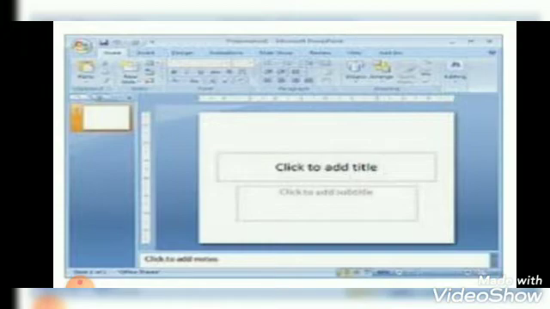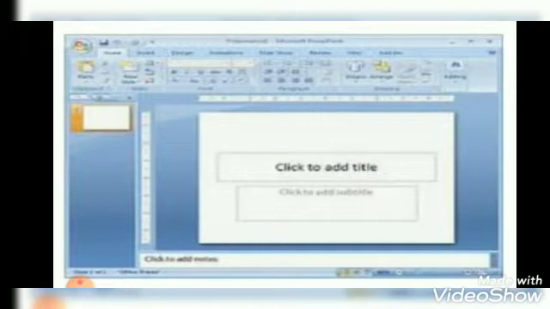PowerPoint is a powerful communication tool used to present our views and ideas, and it also has visual aids. It is widely used in the business world and also in schools to teach different topics. This helps in providing a better understanding of the subject.